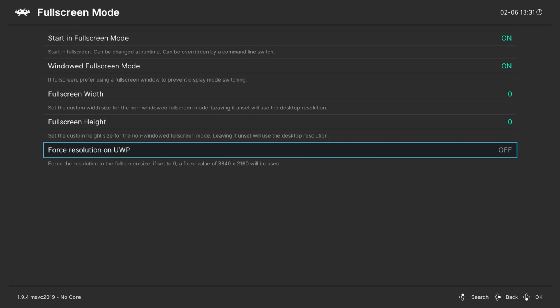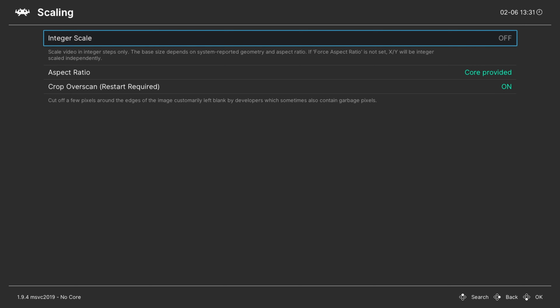And the reason for that is because of scaling. Integer scaling is a great way to get a sharp picture with no shimmering effects on scrolling or just other visual noise that goes on when you upscale a game to an improper ratio. So I like to enable integer scaling, but it does cause a border currently in the UWP version of Retroarch